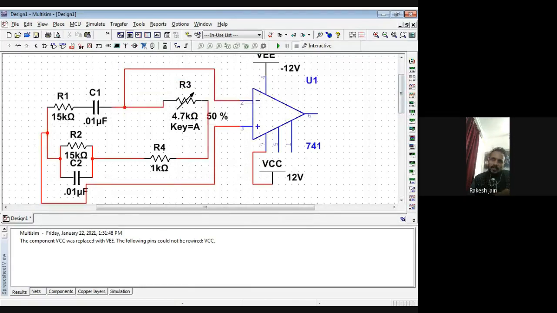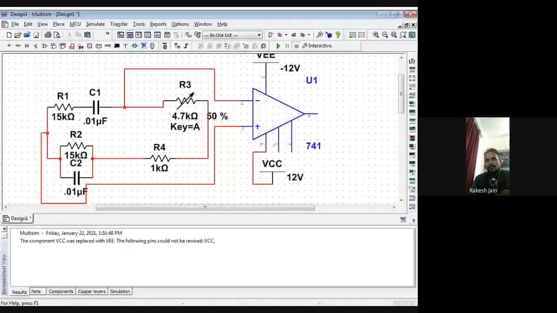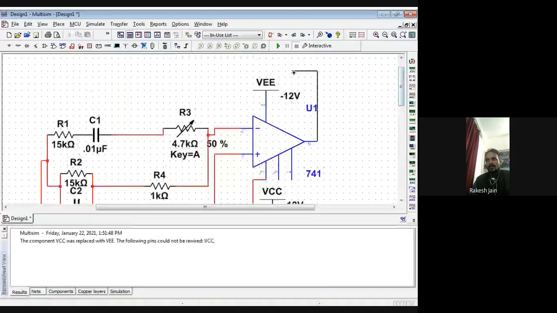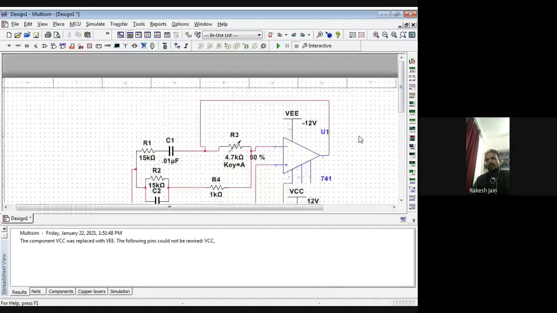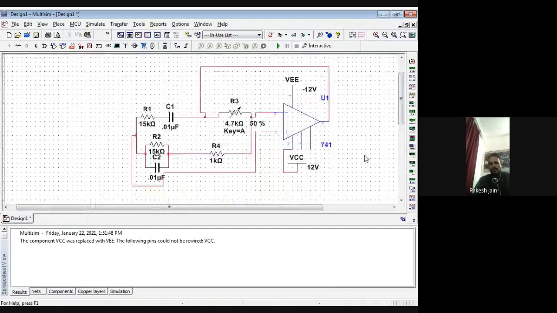The output will be taken, but feedback is such that the 6 number pin is connected at the series combination. Wait, this is connected with the 6 number. I just removed this one because the 2 number pin is connected here in that diagram as I saw, and the 6 number pin is connected at this side. Now you are able to see the complete diagram.